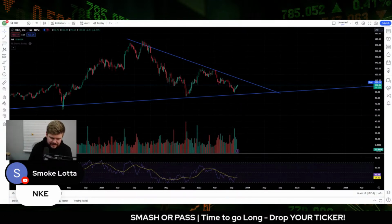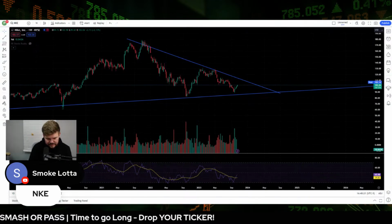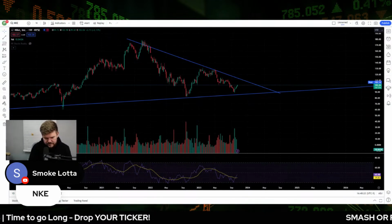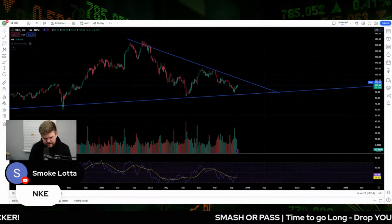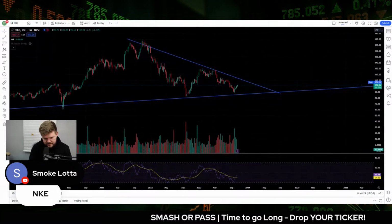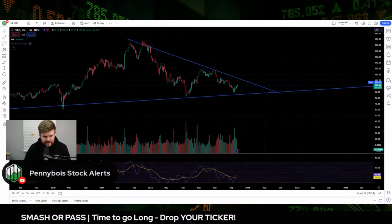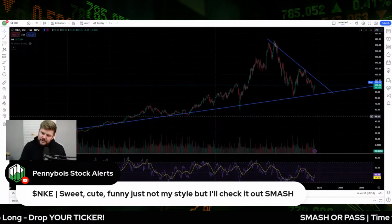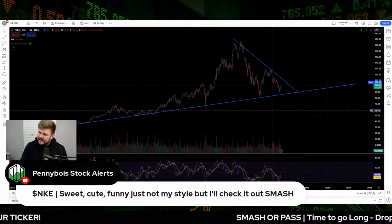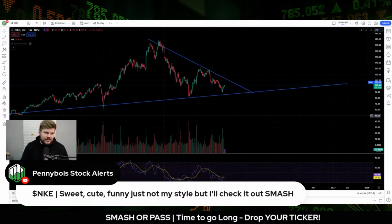So I'm going to say it's going to get smashed, just because look at that. You can't argue with long-term trend support. You just can't. And then when you get that kind of demand coming in,